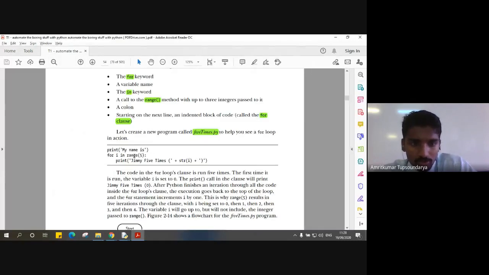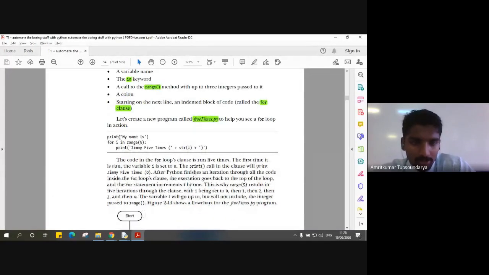We'll go to the code and see what is happening here. The first statement is a simple print statement which says my name is. The next line is a for statement with the range function: for I in range 5, followed by a colon.